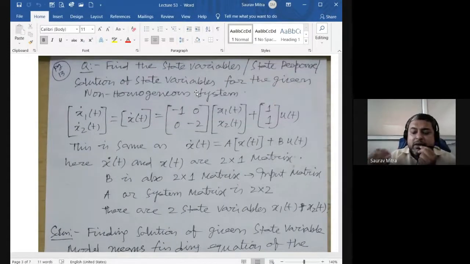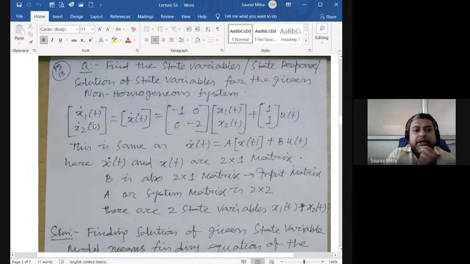Take my word, all this solution can be done using MATLAB. You won't have to do any hand calculation. But yes, for the exams or for the sake of knowing how it is happening, I told you this is the beauty of the state variable model: every internal step can be found out. How every signal is propagating, how every signal is getting modified by the system, can be found out using state variable analysis. You can find that while doing the hand calculation.